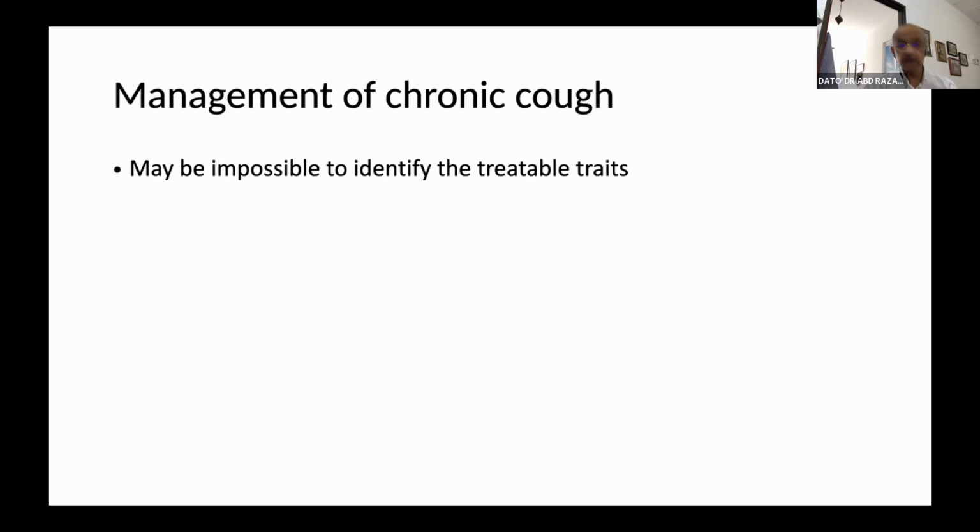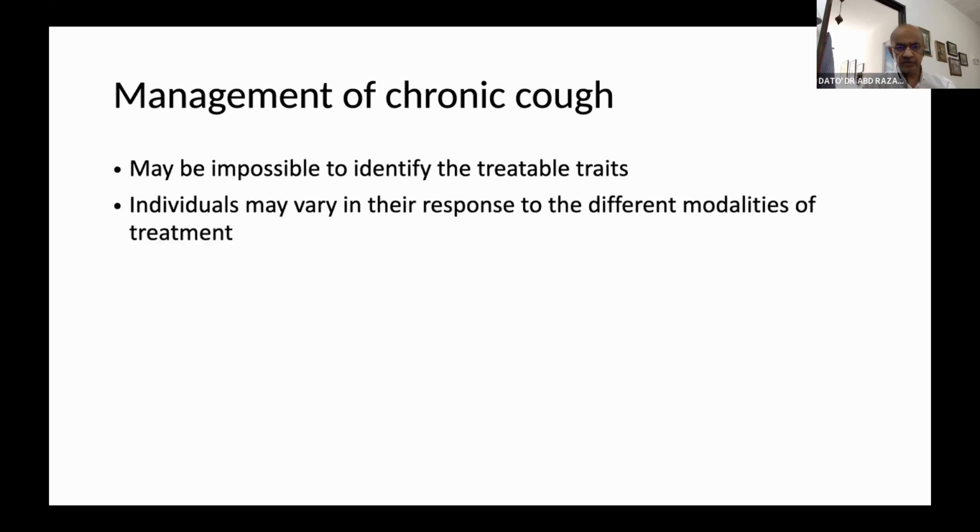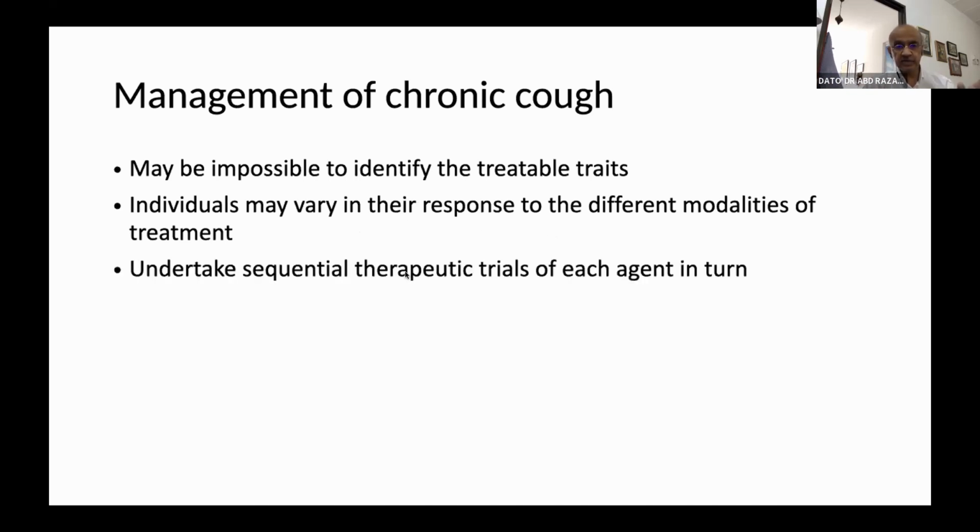Management of cough, again, is difficult, because we don't know what the cause of the cough is. Sometimes we don't know the cause, which is important for giving treatment. And then again, treatment varies from person to person. There are different modalities. Some people say sequential. We don't know the cause of the cough, so give them one thing first. If we think of asthma, give them ICS for 2 or 3 months. After that, if they cannot improve, if we think it's reflux, give them a PPI for 2 or 3 months, and if they still cannot improve,